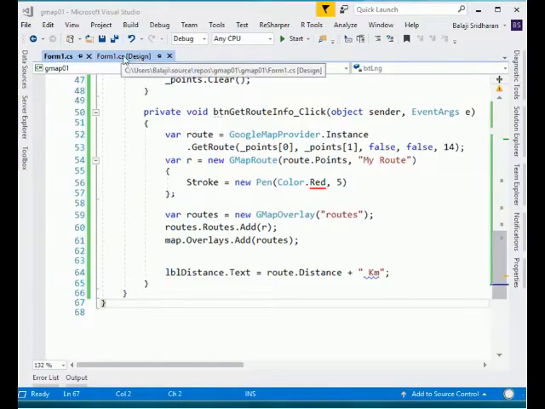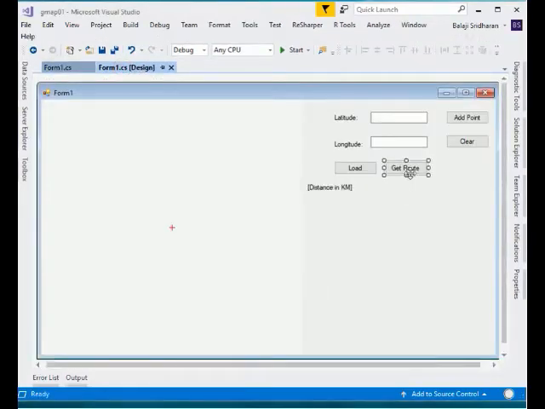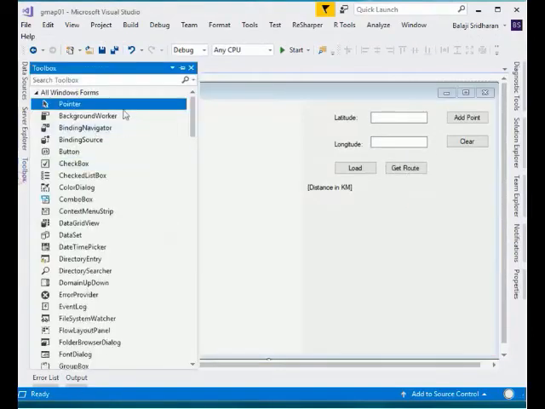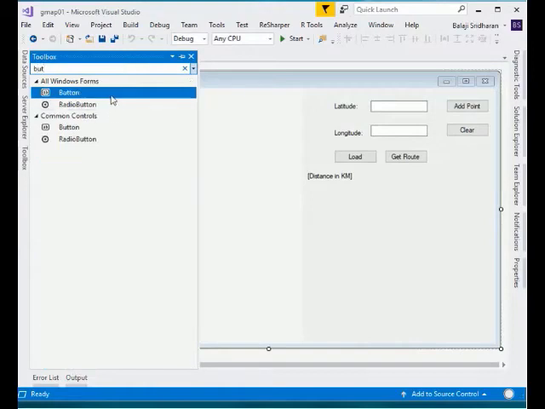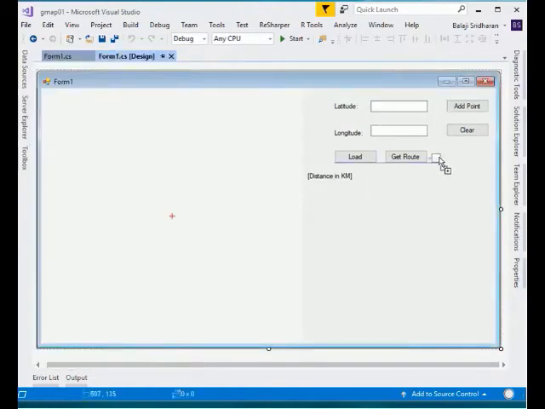In order to add a polygon, I will create a new button. So go to my toolbox, search for a button, drag and drop the button.